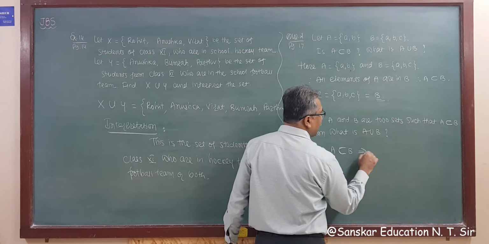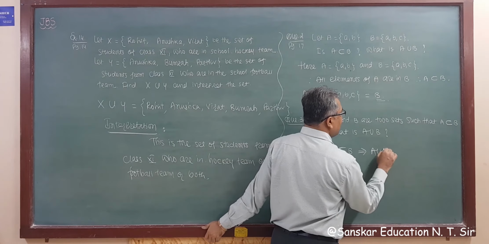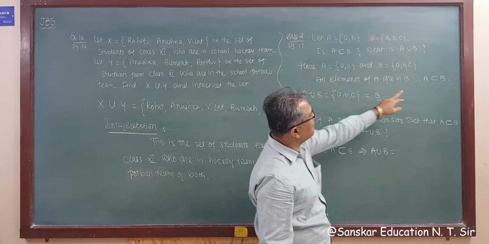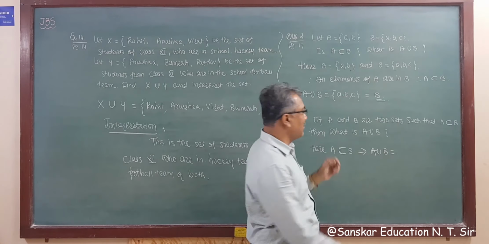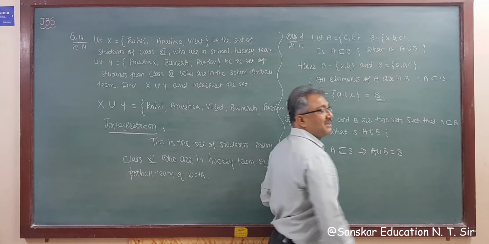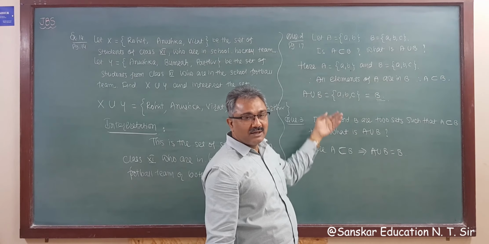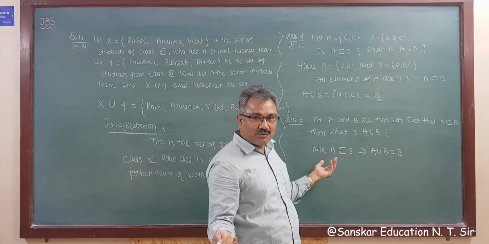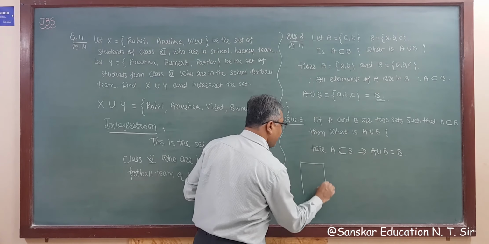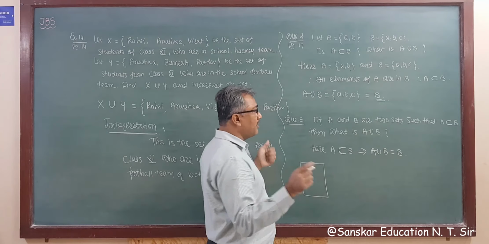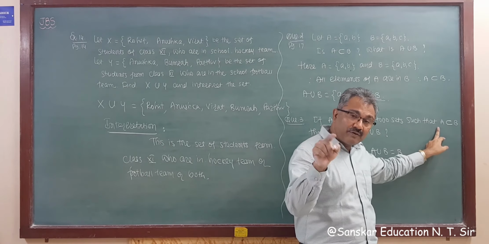So this implies what is A union B? If A is a subset of B, then clearly from this example A union B is equal to B, right? But why is this the answer? If this is not in the exam, then what you have to do? You have to remember. So see here, from the Venn diagram, A is a subset of B. Means all elements of A are in B.